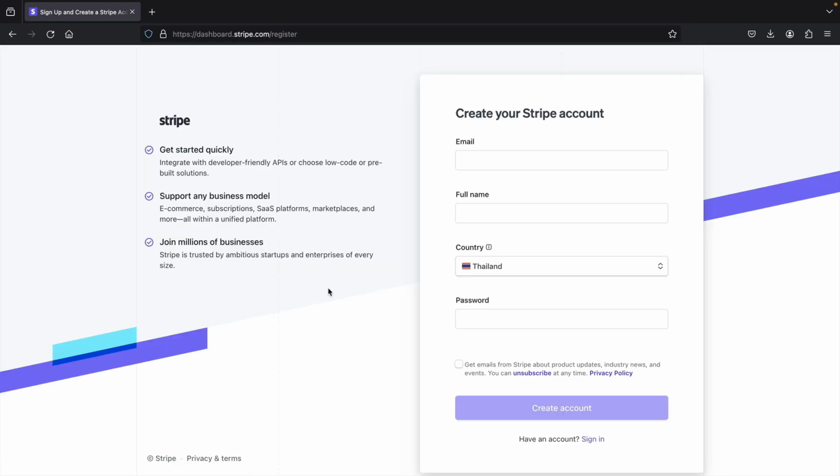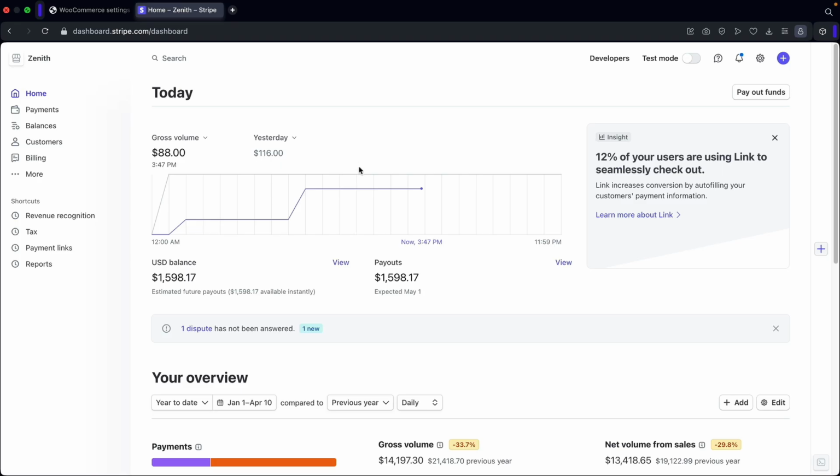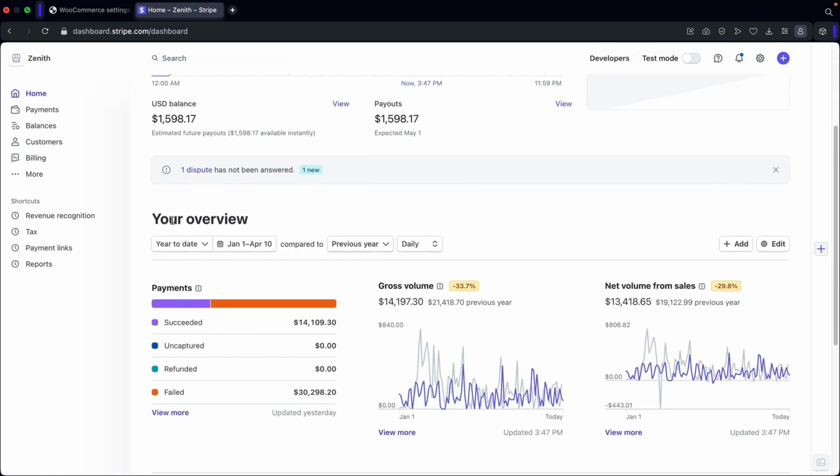So you'll go through the process of creating accounts, and you guys will need to enter in your email, your name, and maybe your address and some other personal information. And once you guys actually create an account, I'll go ahead and meet you guys in the customer portal. So this is my personal Stripe account right here. You guys are going to see that, it says about your overview, the money that you've been making, the gross